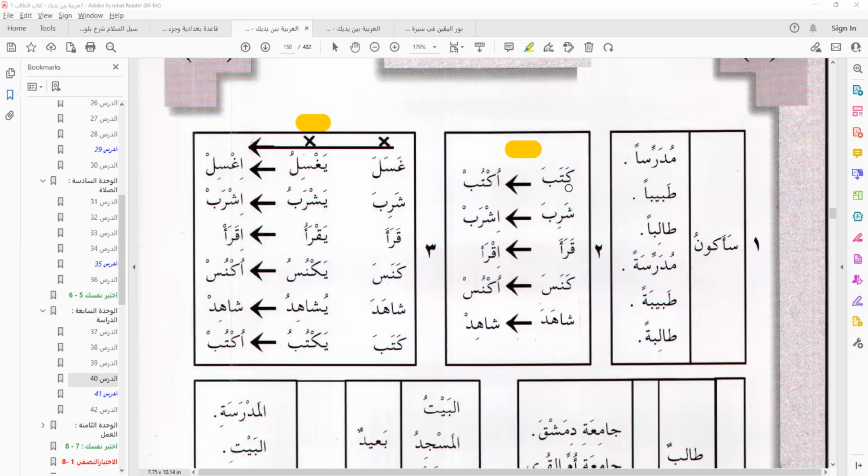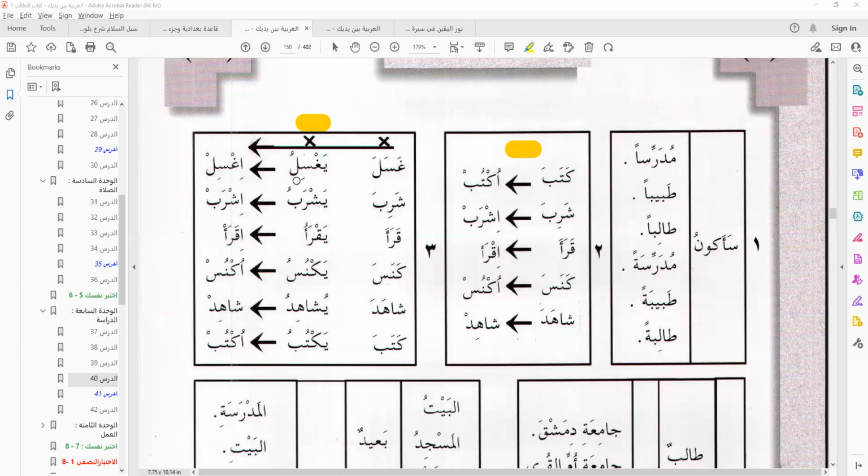So what this short drill will do for you is that even at any point in time you make a mistake and say the Mudari of Kanasa is Yaknisu, it will sound strange to you because you've been saying Yaknusu, Yaknusu. So if you, for some reason, make a mistake and say Yaknisu, or you doubt yourself, you definitely know that Yaknisu is wrong, and it has to be Yaknusu. Then Ghasala, you will not wonder whether the Mudari is Yaghsulu or Yaghsilu, because you've been hearing Yaghsilu. So the more you hear it, the more it sticks. Okay, jazakallah khairan. Let me release you now.